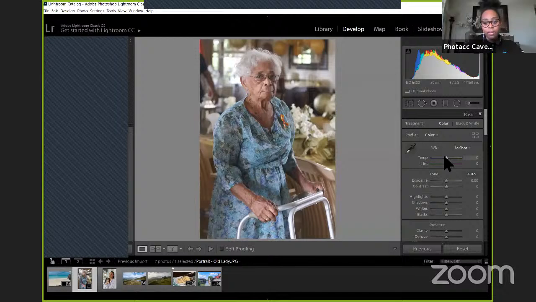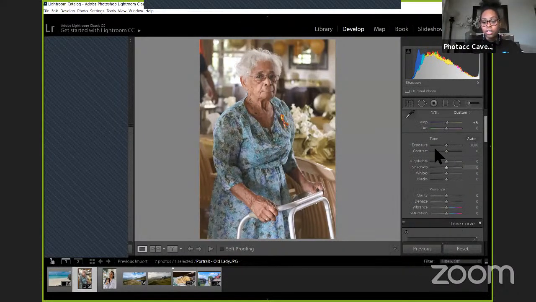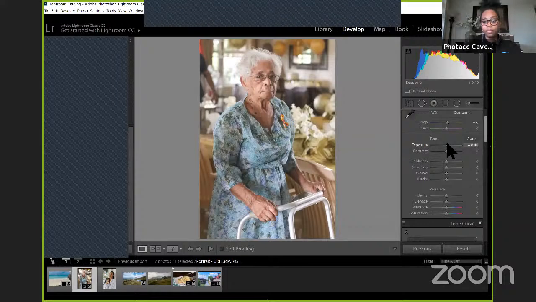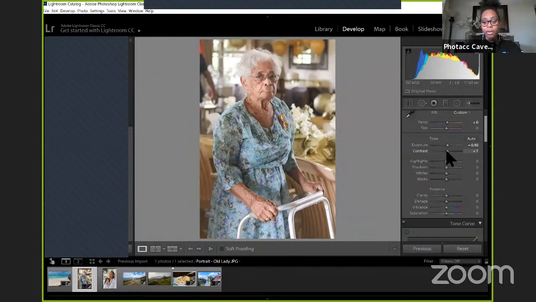I think it's pretty balanced. Should it be more warm? You can just test it out to see what you like. I think that's good. Just a little +6. The tint, I think it's good. The exposure, you can expose it a little more. Brighten it up. Then for the contrast, I want it to be a bit more contrast, but remember you can fix that in